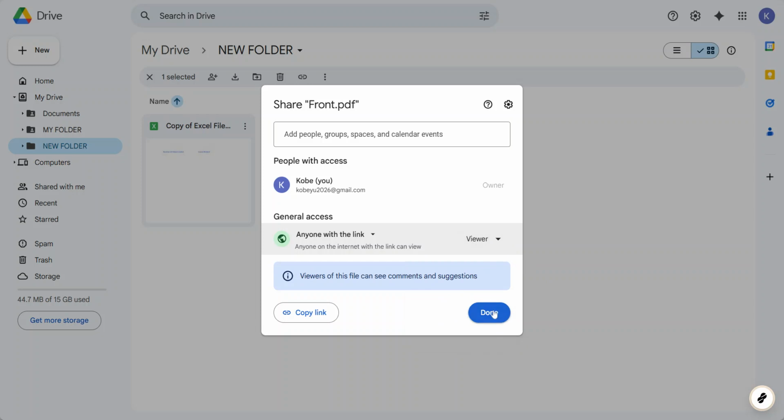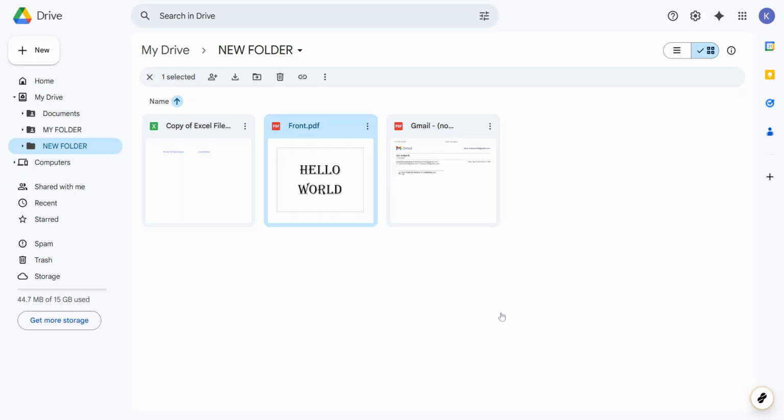From now on, anyone who receives the link to that folder will be able to view the PDF you place there. You'll see a link in the share window when you open it again. This is the URL. You can send in emails, chats, or embed on a website. If you prefer not to